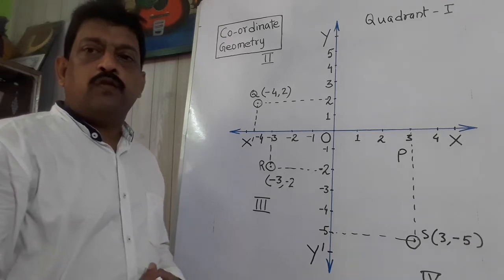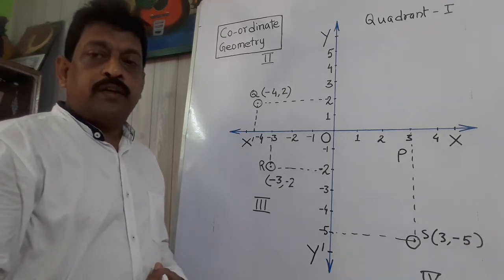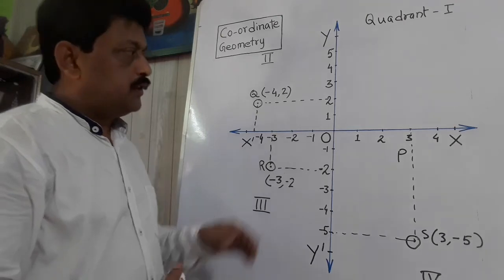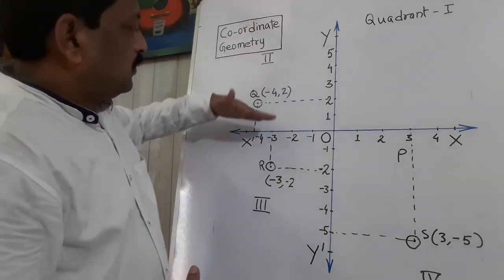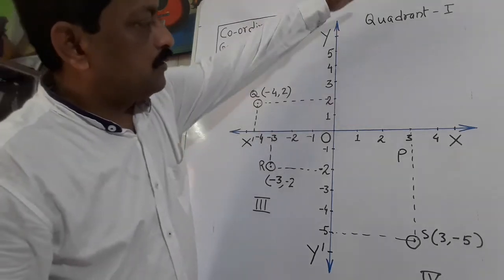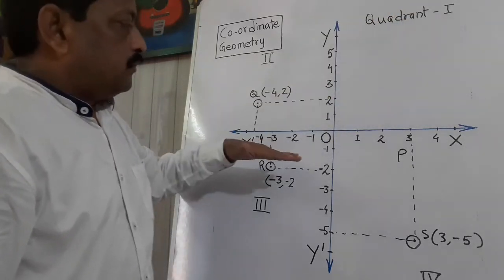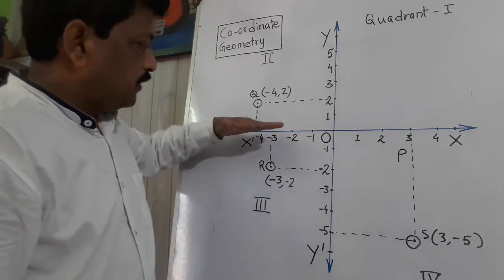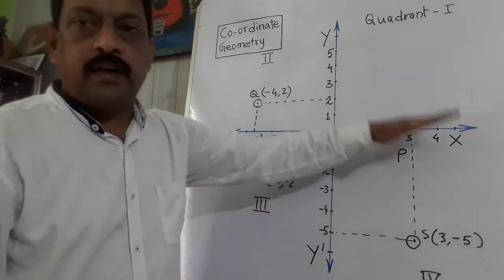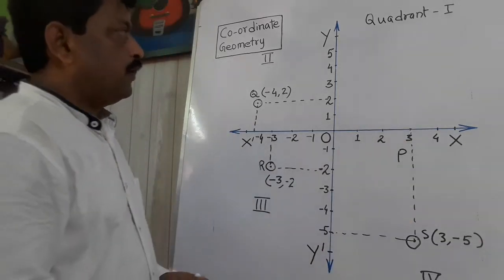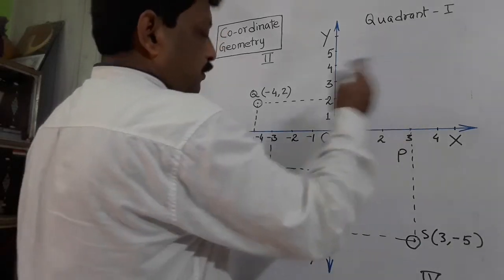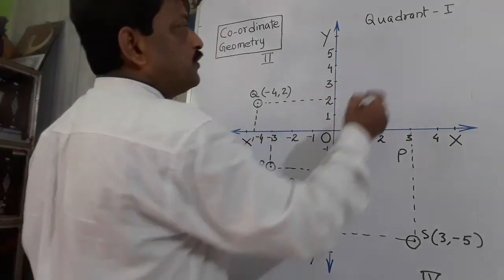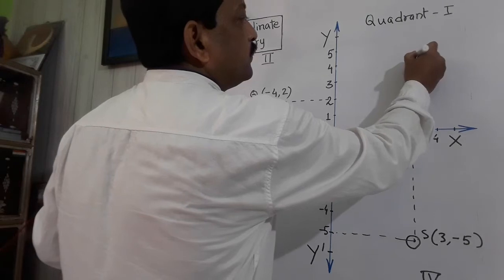Similarly, if the value of y, that is the ordinate, is positive, then we have to move above the x-axis, and if the value of y is negative, then we have to move below the x-axis. Got it? Therefore, from all these 4 points, what we have observed is that